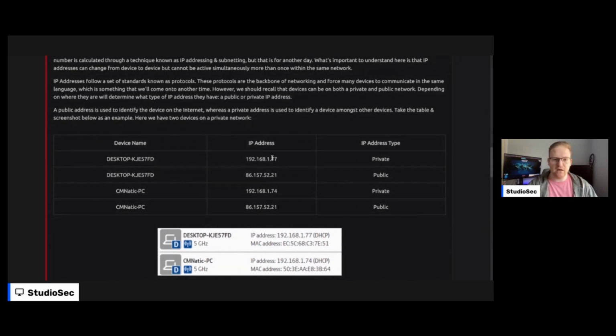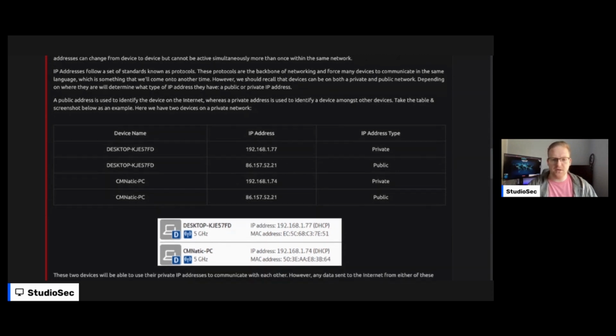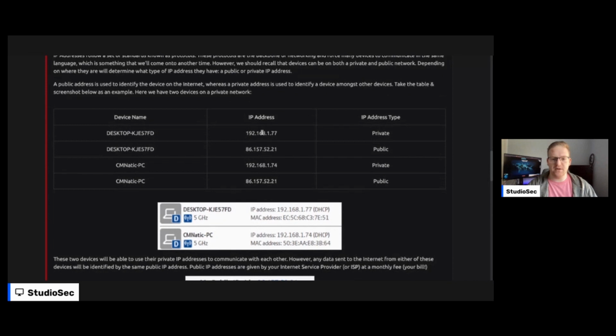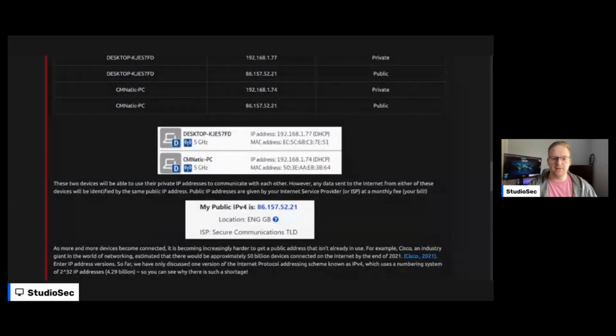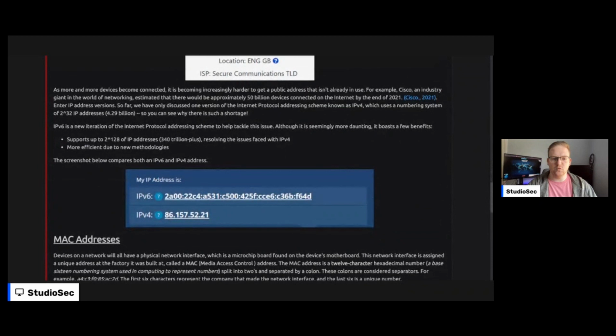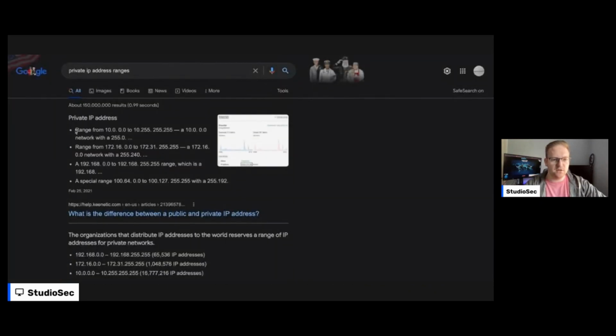The 10, I believe it's just 10, where the first octet is 10, I believe that is its own private network. And then 172. So here we have the different IP ranges. We already talked about 192.168. Then 10.0.0.0, where you get those last 3 octets, and then we have 172.16 through 172.31.